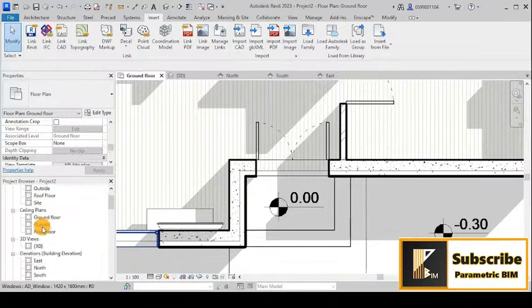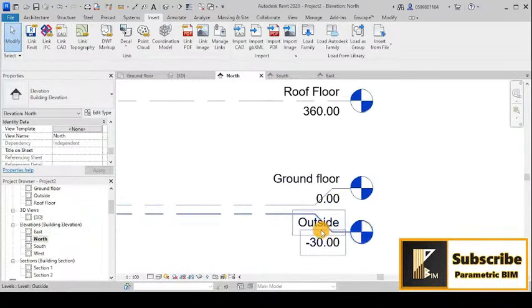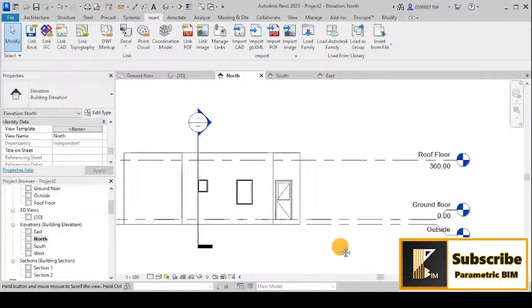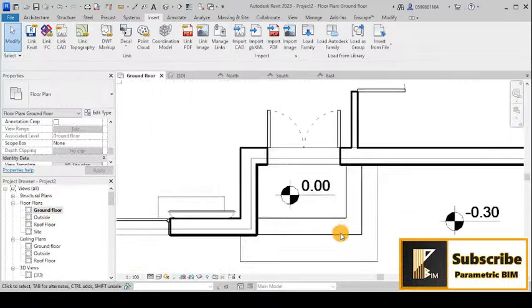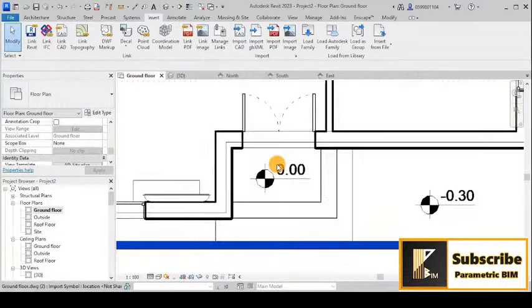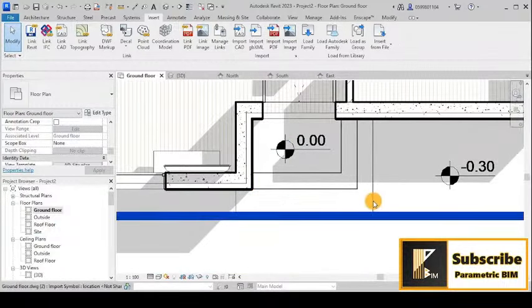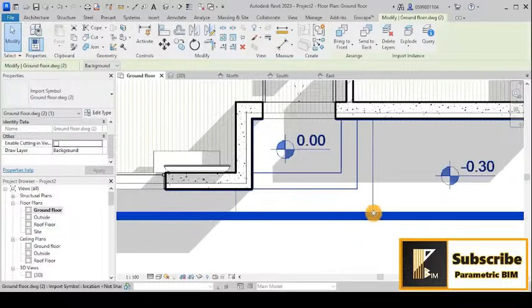If I go to the elevation, maybe the north, you can see that I have the ground floor and the outside level. So we have in our plan two stairs to reach the level of our home. And these lines from the CAD